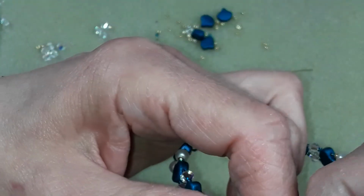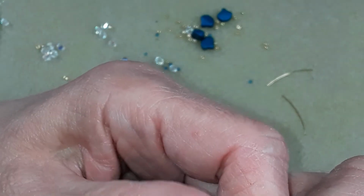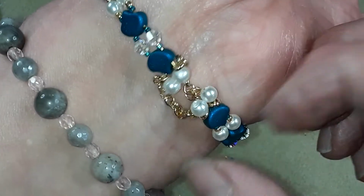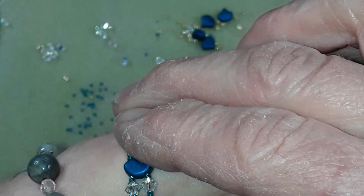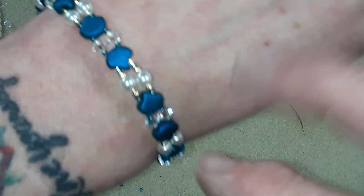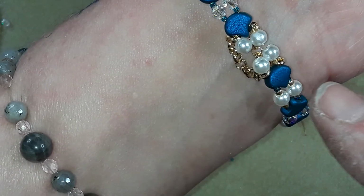So, hopefully that'll work. I think I should have made the chain a little longer. Oh, no. Ah, just made it. Just made it. So, there you go. A ginkgo bangle, kind of. A two-wire memory wire bracelet with ginkgos. Make the chain